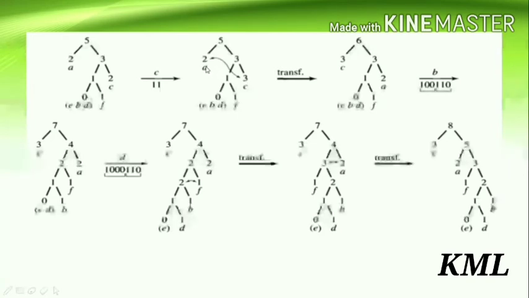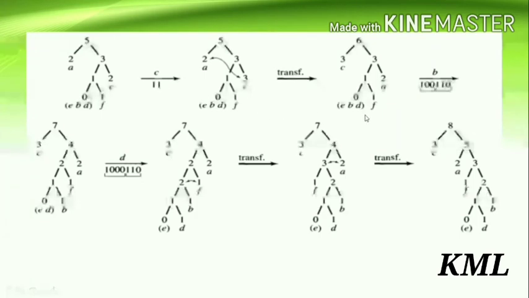So we swap this 3 with this 2. So swap C with A. What you get is this tree. So C comes here and A comes here. So now this 3 comes here, so update this root. So this 3 plus 3 becomes 6. So this is the tree after processing C.